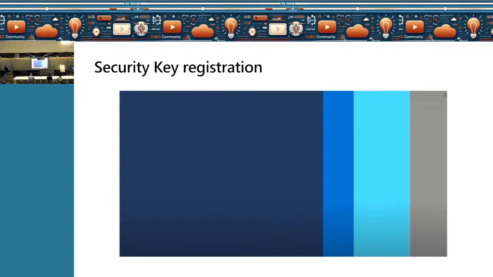So, this is FIDO2. And this is pretty similar to how, like 10 years back, we used to use smart cards, right? So this is kind of similar to that technology wherein we need a physical device. Some devices have an extra layer of protection. You can enter a PIN or you can use a small fingerprint reader on the device itself, and then it is able to authenticate, and you don't have to enter the PIN.